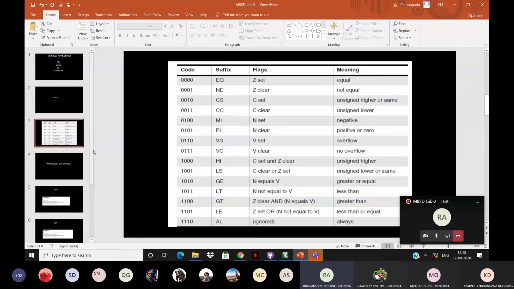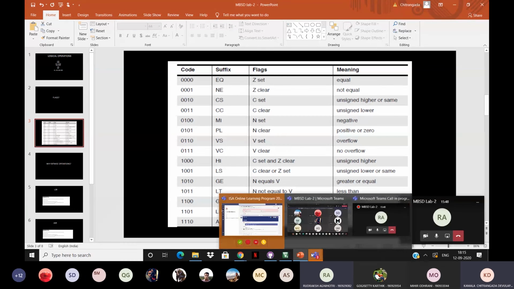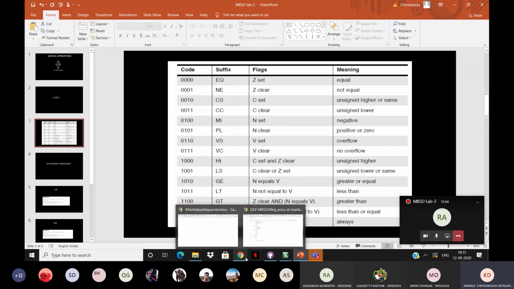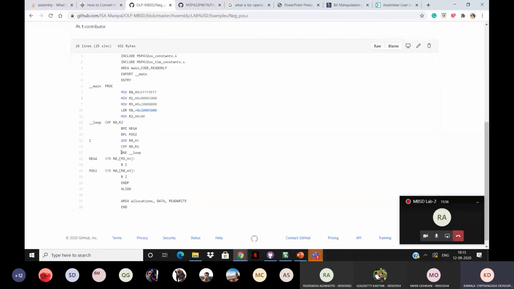What is the B for though? You have B and BNE. So the B doesn't specify anything. I can as well put it as XNE. It's just to run the command. It doesn't signify anything. It doesn't have significance as such. It's just to create loops.